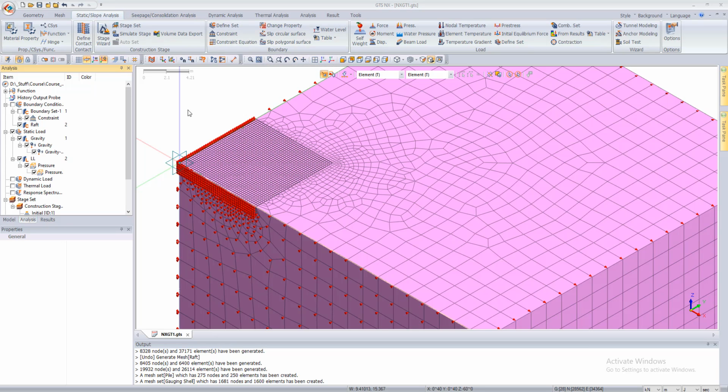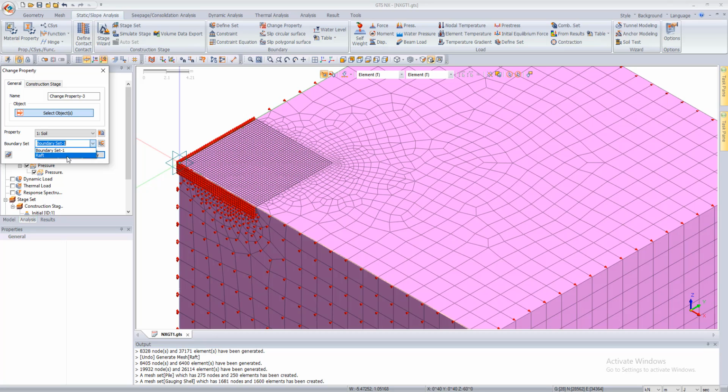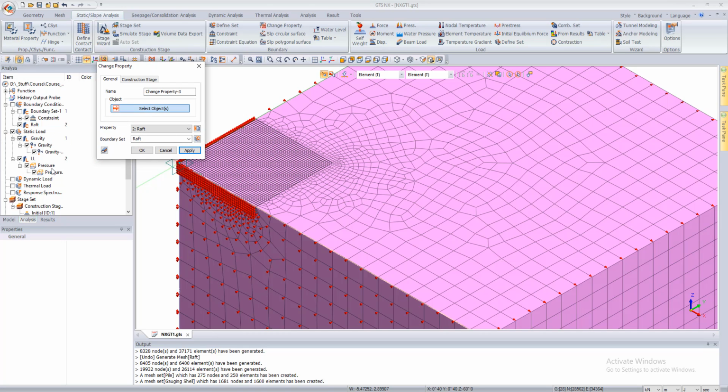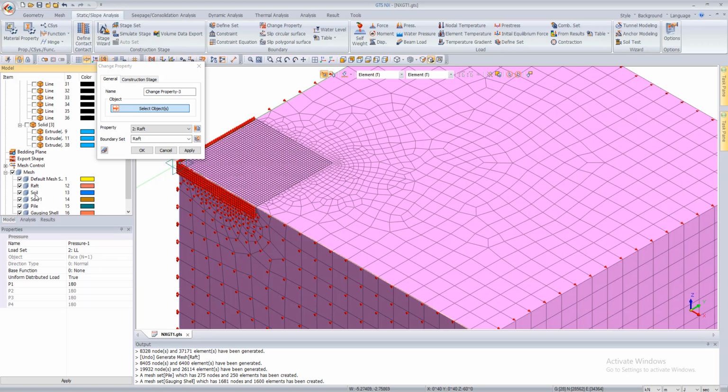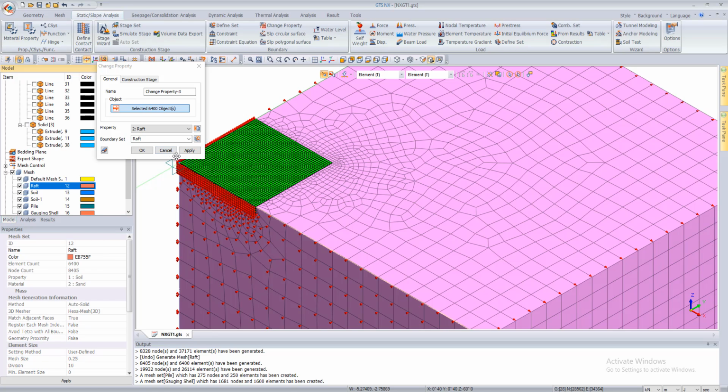So we go here and we choose raft and create raft, and we select this one. Sorry, we select raft and we say apply,